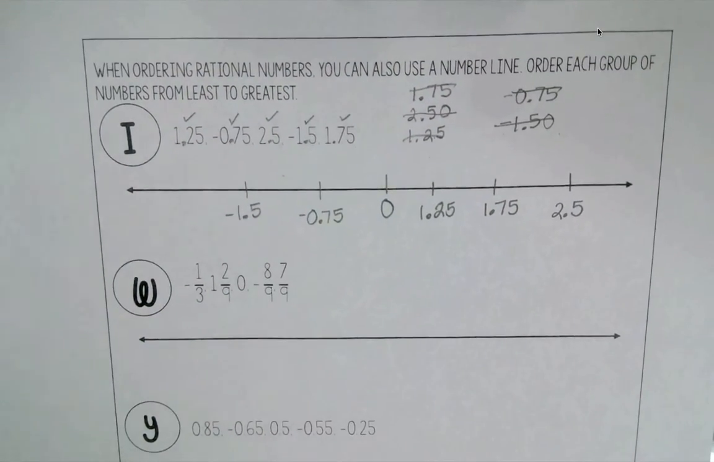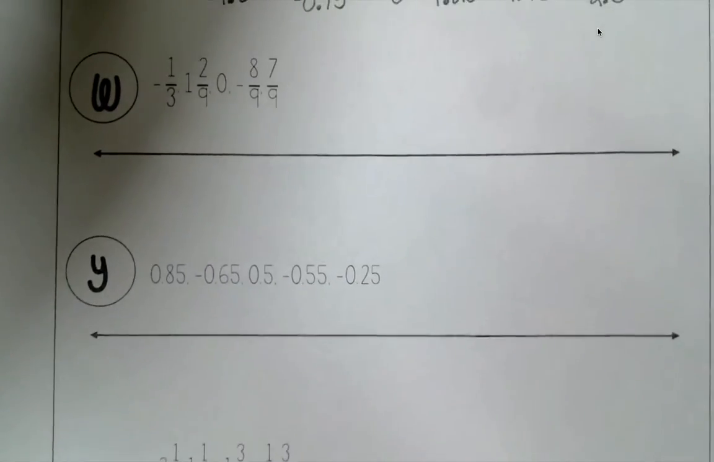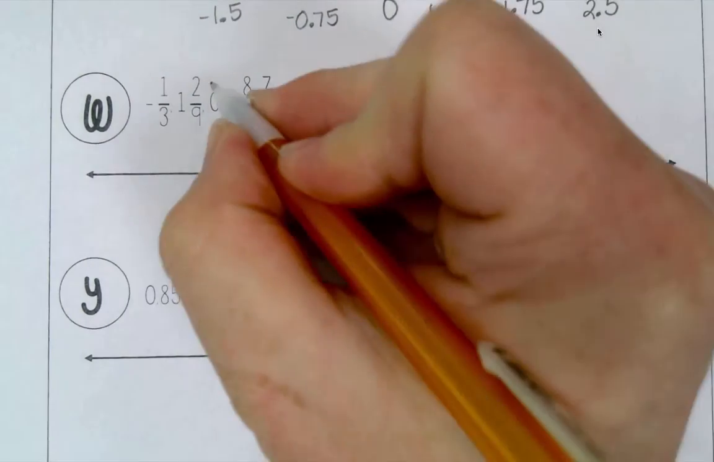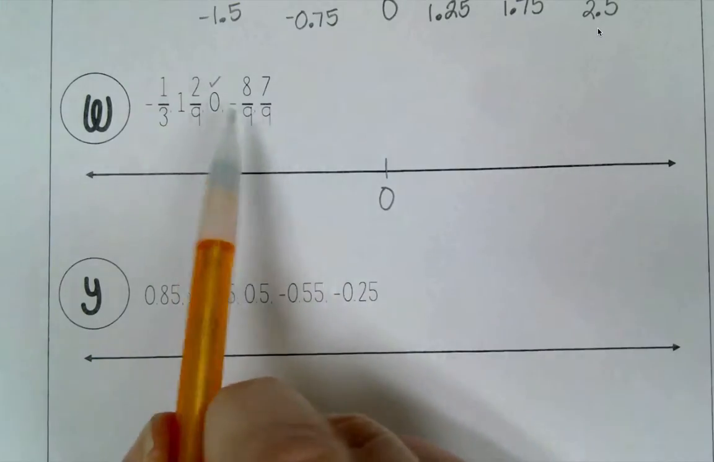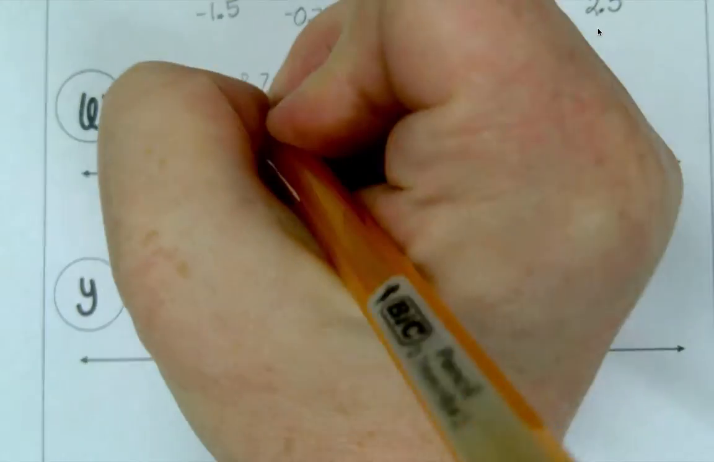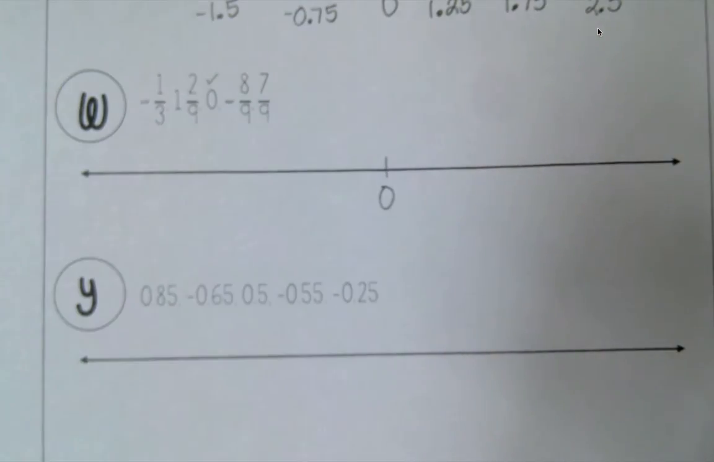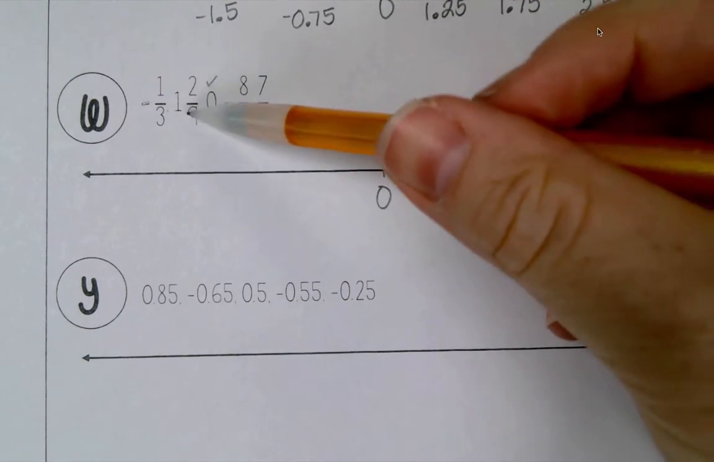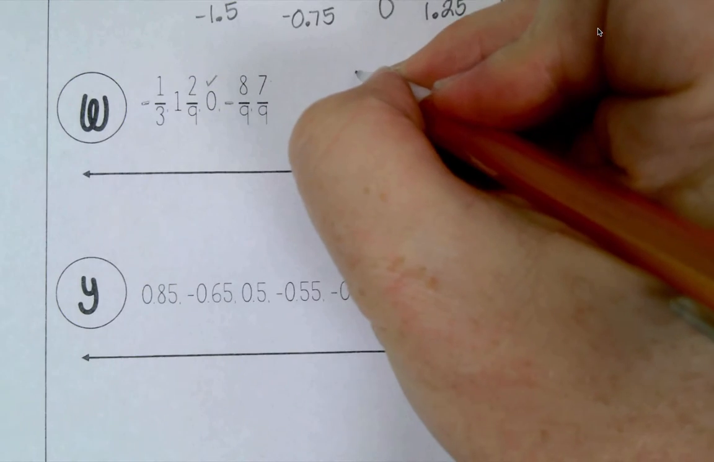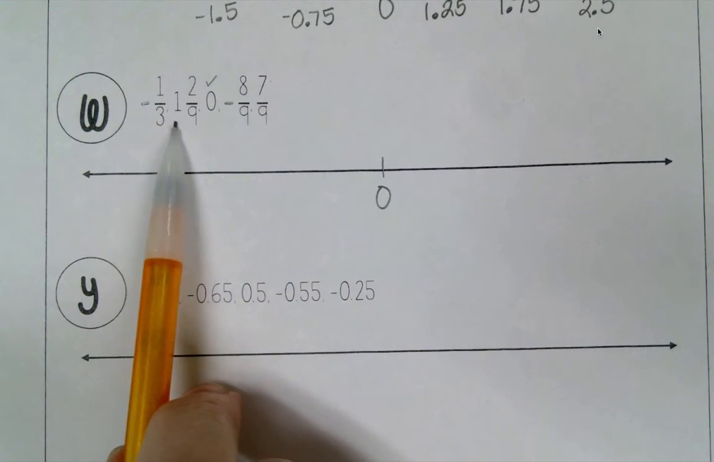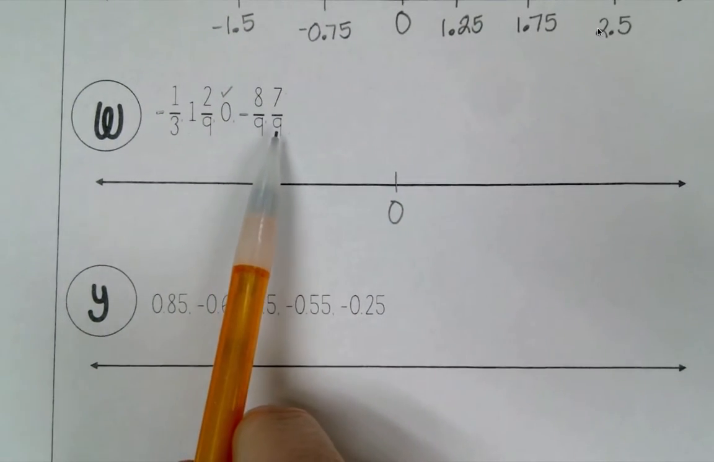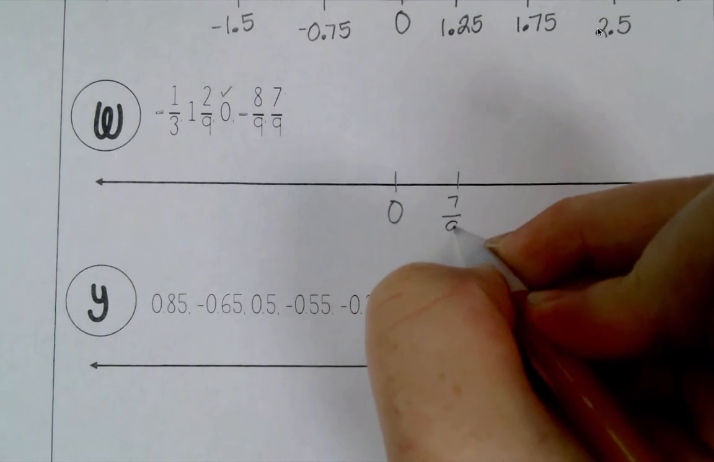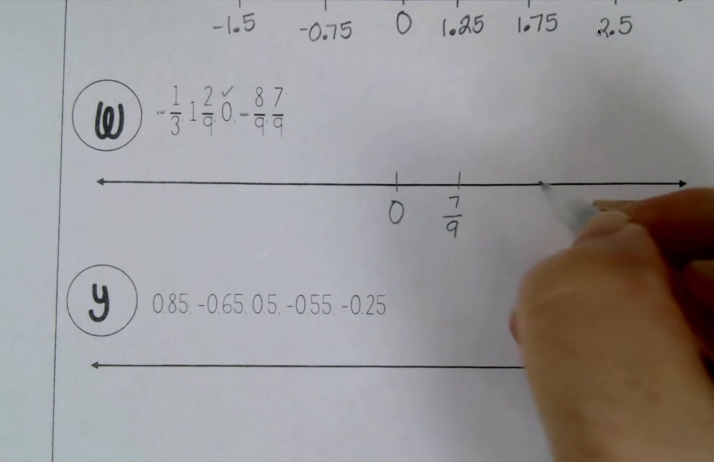Let's look at this one. So I have 0. We're going to put that in the middle. Yay for an easy one. 0. But you have negative 1/3, negative 8/9, 1 2/9, and 7/9. So I'm going to worry about my positives first. So if I have 1 2/9, and then I have 7/9, well, 7/9 is going to be smaller. Okay, it's less than 1, and then I have 1